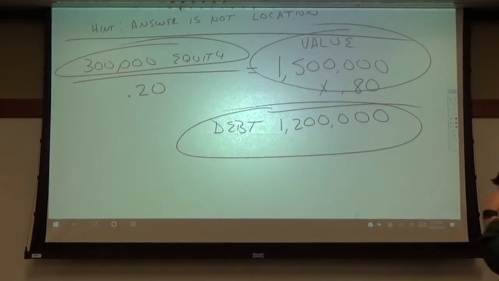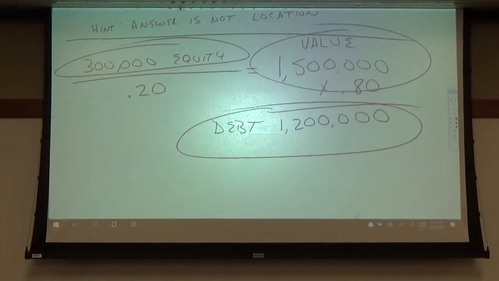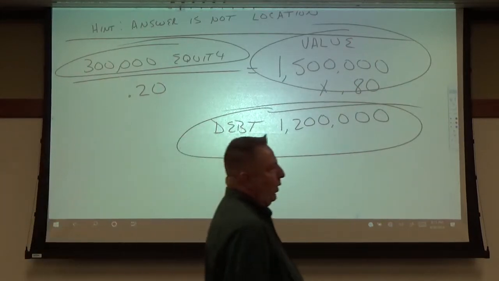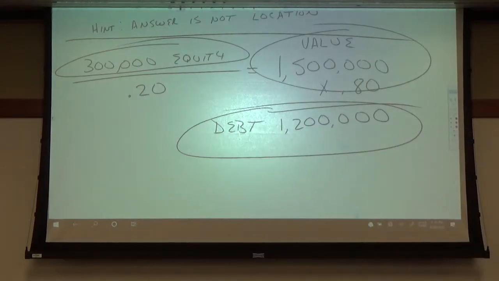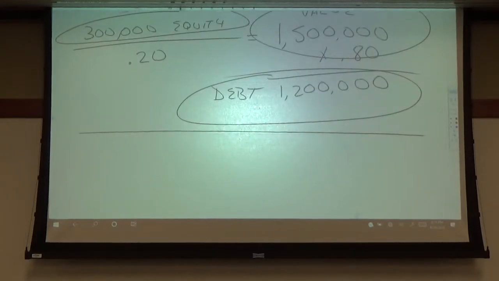Now, I don't ask this on the question sheet, but what if we had a different lender with different standards? Let's say that another, competing lender required, instead of a 20% down payment, I don't know, a 25% down payment. How would that change everything? Well, we kind of repeat what we did.